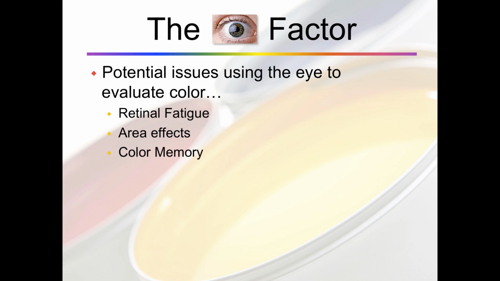Next, color memory. People like to think they have a good capability of looking at something, remembering what it is, and then looking at something else and telling themselves or someone else if it's the same or different. Truth of the matter is, color memory is something that we all honestly really struggle with. As quickly as it may be that we look at whatever the target is compared to the sample, our ability to remember in our mind what a color actually looks like is extremely difficult.